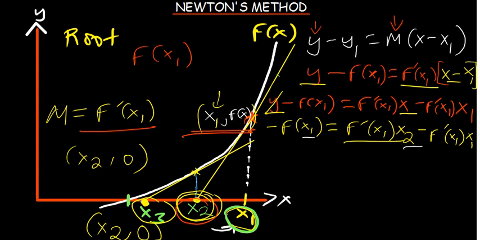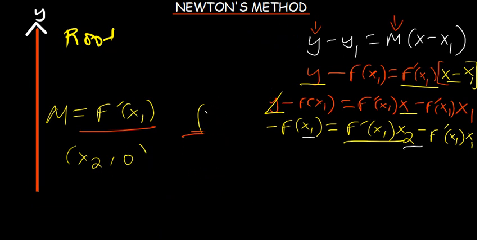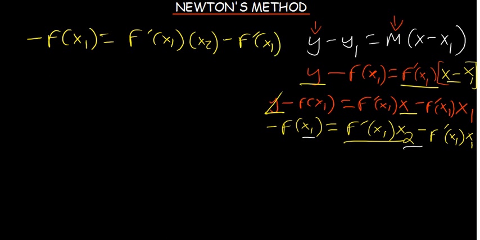So let me just now remove this other part since we now know what we're talking about. Okay, so I'll just continue from this other side. So at this point we have negative f of x1 being equal to f prime x1 x2 minus f prime x1 multiplied by x1. So as we move to the next stage, what can we do? We're trying to make x2 the subject, so I can take this part to the other side so that we have negative f prime x1 multiplied by x2 equal to, now the other side, this one can go to the other side so that we have positive f of x1,